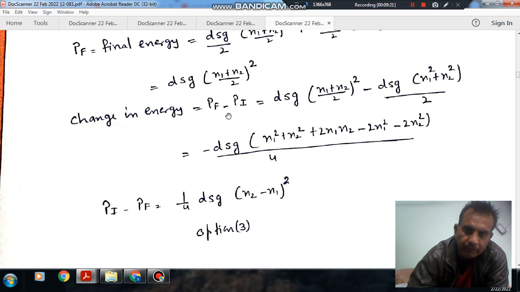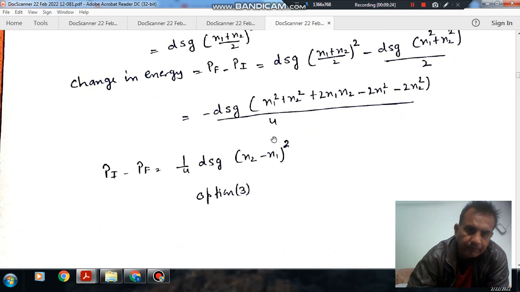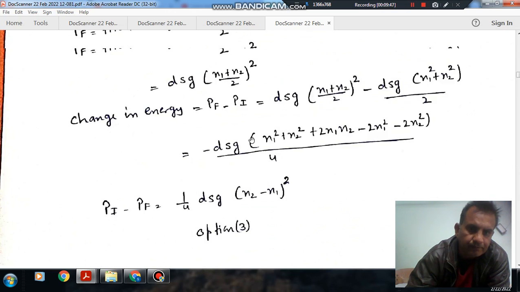So we can solve this, and Pi minus Pf will be your (x2 − x1)². If we solve this, then x1² here we are left with minus x1² minus x2² plus 2x1x2. And so it will be (x2 − x1)². So the answer is option C.